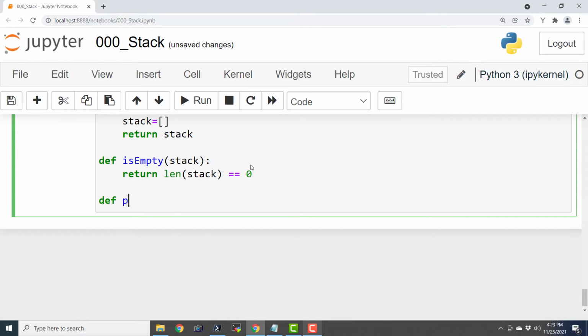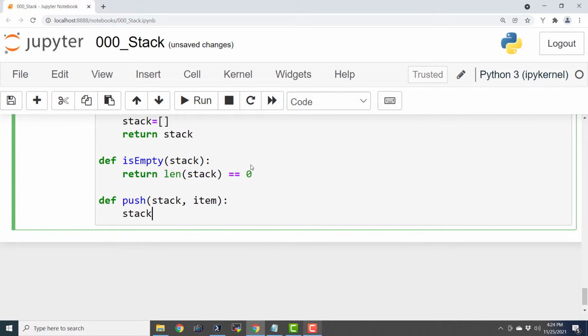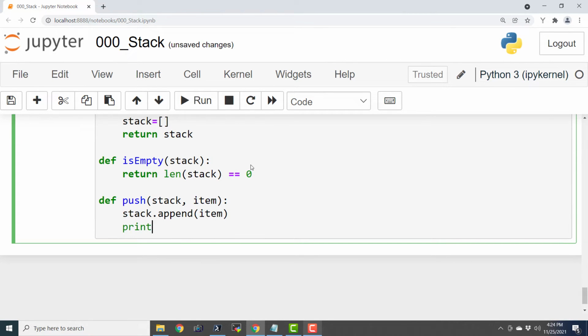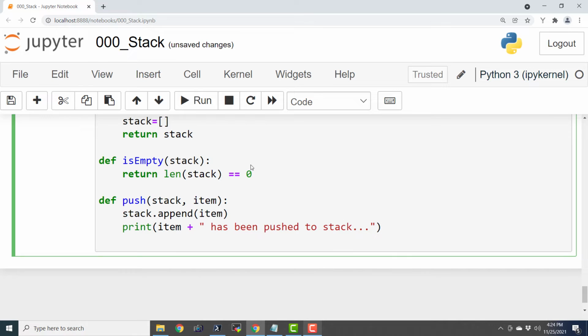Now def push stack, item: stack dot append item, and print item has been pushed to stack. We are just trying to include some custom message for the push operation.